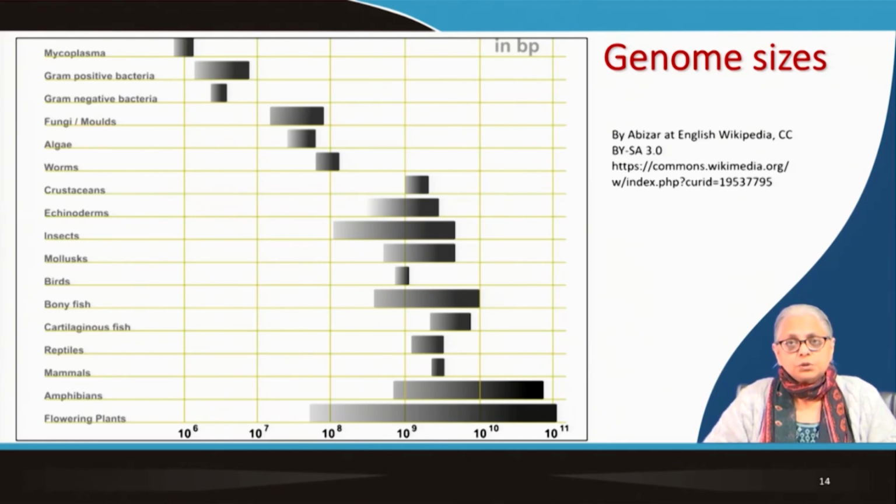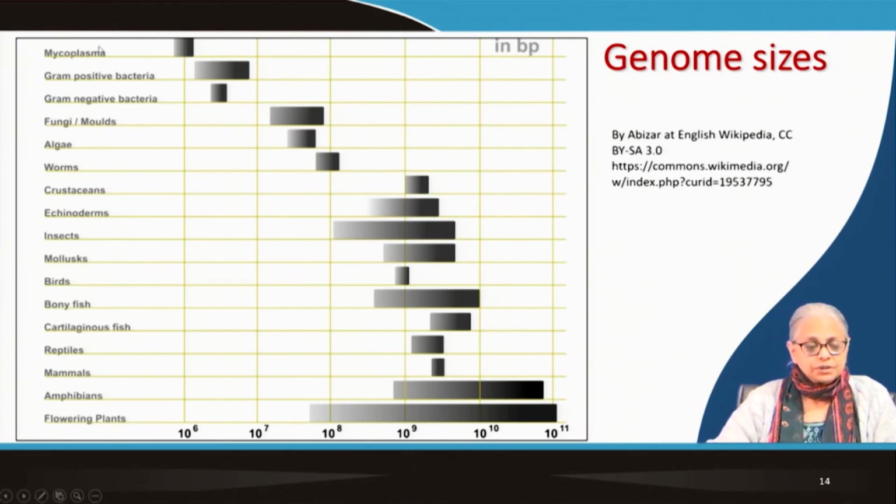In this slide, what you see is more of the same comparison, but shown in graphic form. You can see different types of gram-positive and gram-negative bacteria in terms of base pairs. The size of the genome is anywhere from 10 to the power 6 to 10 to the power 7 base pairs. Fungi range from 10 to the power 7 to 10 to the power 8, so do algal cells, and so do some worms. Crustaceans, echinoderms, insects, all of them range over a fairly large